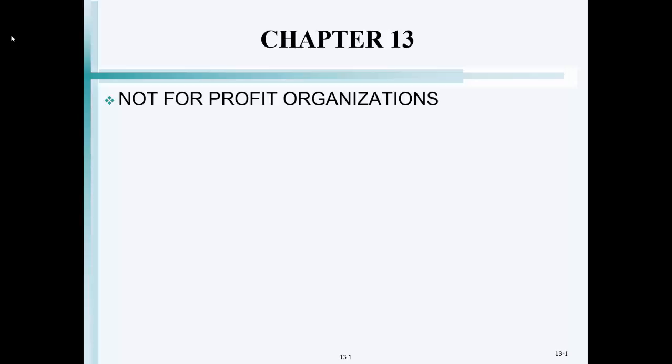Okay, so you listen to that and you say, well, then why do we even need a special lecture on not-for-profit? Can't we just apply what we know about full accrual accounting to that? Well, there's 3 areas that I like to point out that are unique about not-for-profit. One is, what is the presentation of their financial information? Turns out that not-for-profits have a special presentation of their financial reports that we're going to have to understand that structure, so we're able to look at those statements and understand what they're trying to tell us about the operations